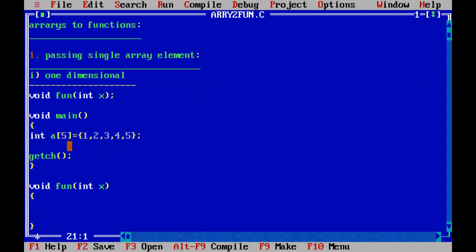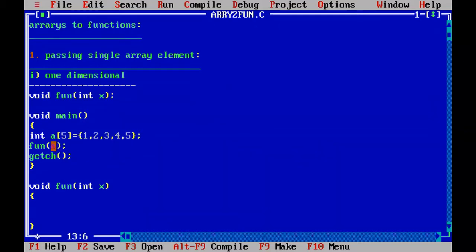Once the function definition is created, from the main function we need to call this fun function. When calling it, I am going to pass one element from the array. You call the function with the name fun, and it takes only one argument.